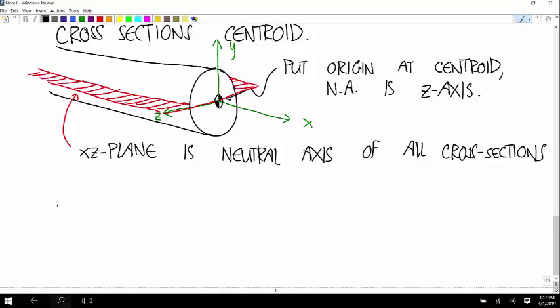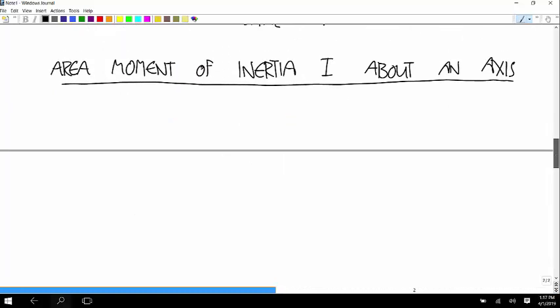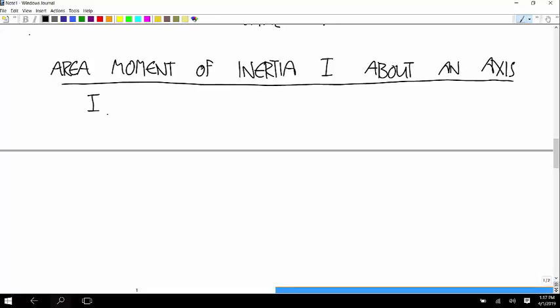The next thing we have to define is the area moment of inertia I about an axis. The definition is an integral definition, because the word moment is a mathematical thing that is defined by certain types of integrals. I about an axis A is equal to the integral over the entire cross section of y squared dA,